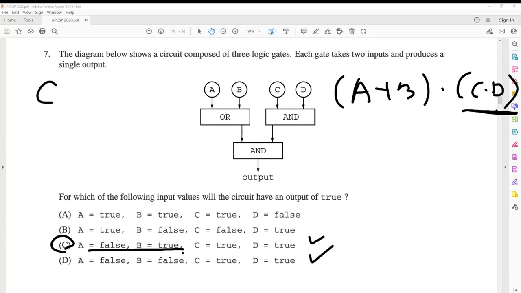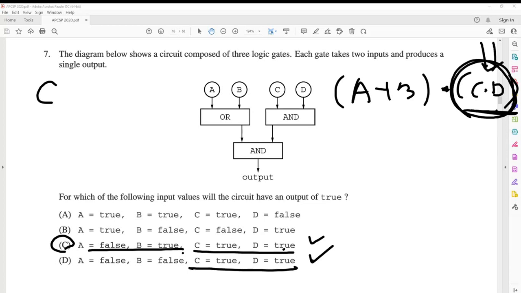So basically, because you use the AND, when AND happens, both need to be true. So you know that both C and D need to be true. You will pick these two. And then with C and D true, here there's another AND operator, so we know that one of A and B must be true. So you pick C. Is that okay?